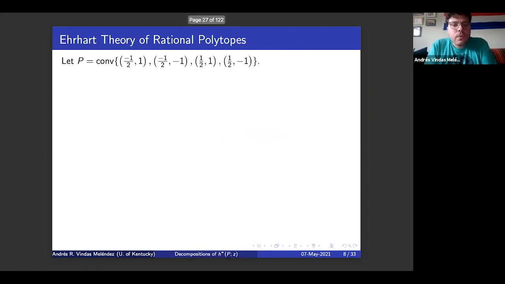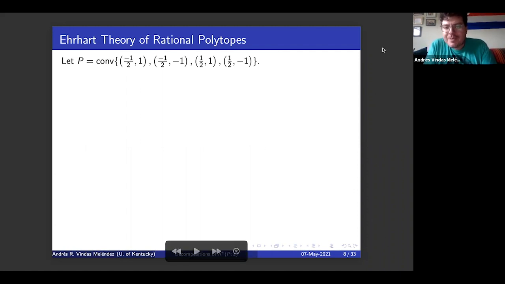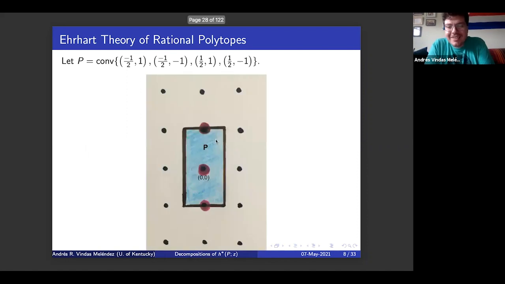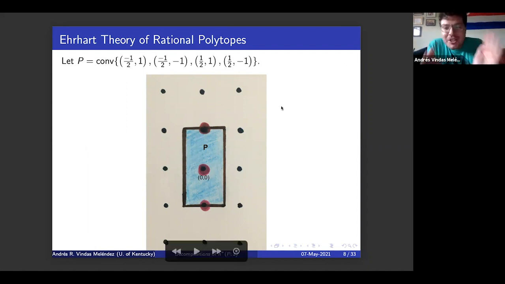And so let's do an example. So let's take just a small example of this polytope P to be the convex hull of these 4 points. And maybe if you're good at visualizing this, you can tell me what it is. And I'll give you some time to think about it. And you should probably see that it is a rectangle. And so it's this rectangle that I've drawn here. And I like to say in my 4th grade level drawings, I also like to say there's some charm to drawing it by hand. So I kept my drawings instead of TikZ-ing them. But here is that rectangle.